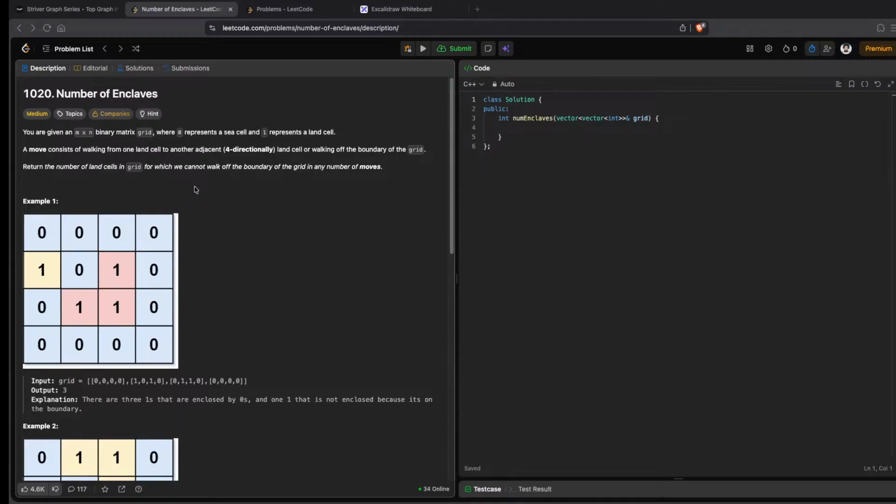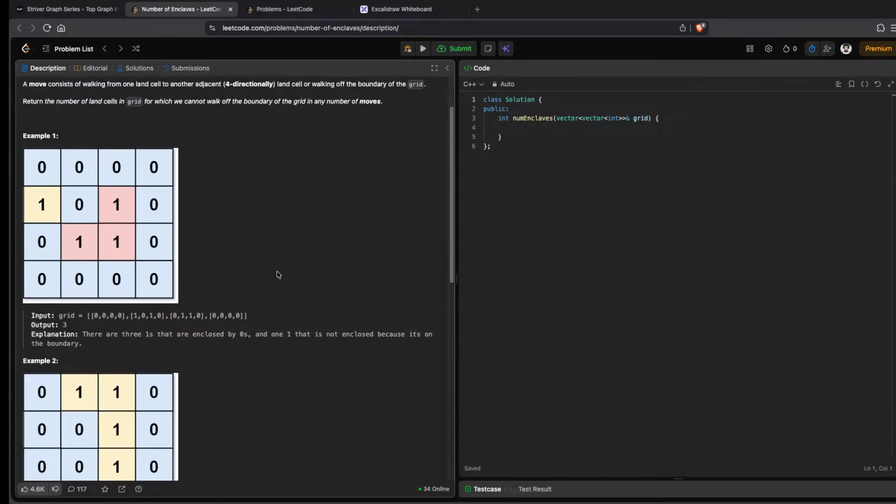Or walking off the boundary of the grid. Okay, return the number of land cells in grid for which we cannot walk off the boundary of the grid in any number of moves. Okay, so this is a grid. Its output is 3 because from these 3 we can't